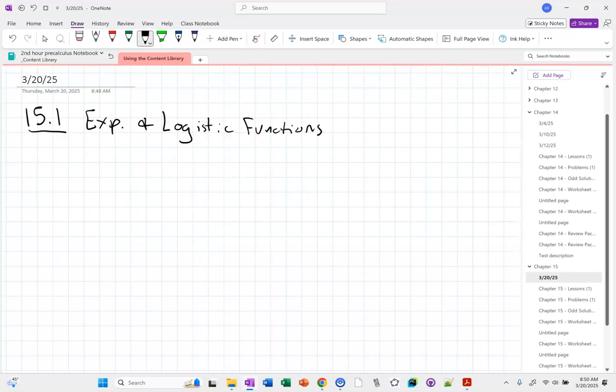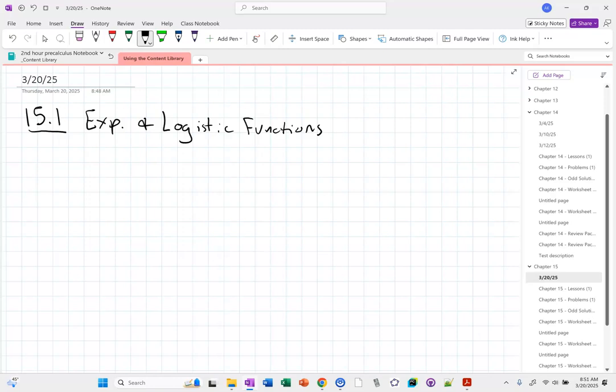So in section 1, we're going to talk about two types of functions, exponential and logistic functions. Later on in this chapter, we'll also talk about logarithmic functions. I'll be frank with you, as far as topics go in second semester, if you haven't done this before, this tends to be a bit of a challenge for some students. I'm going to go slow because I know for the majority of us it's the first time seeing this, unlike the previous couple of sections where I know you had done this before in your Algebra 2 class,